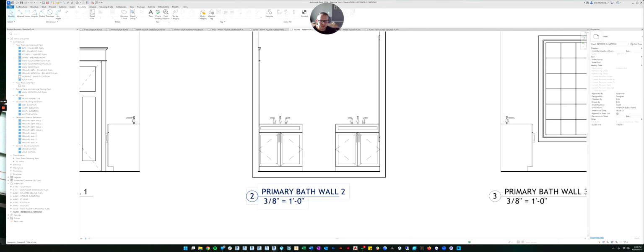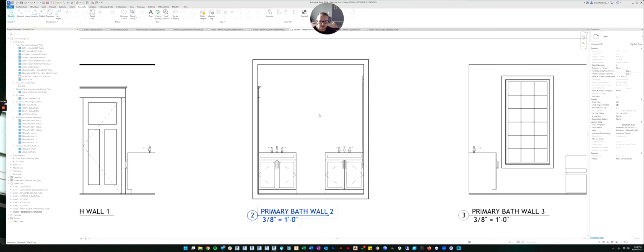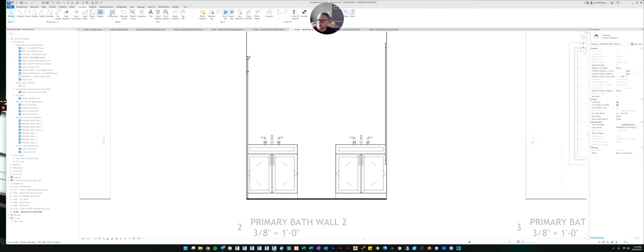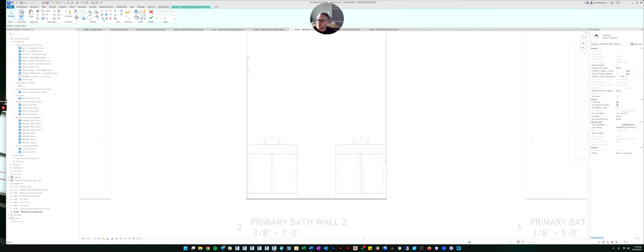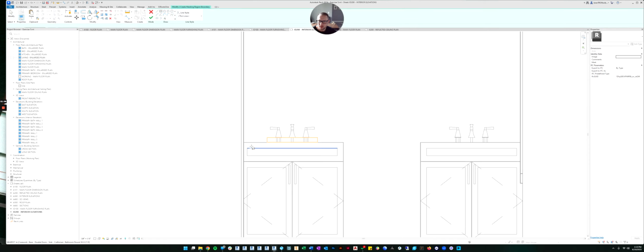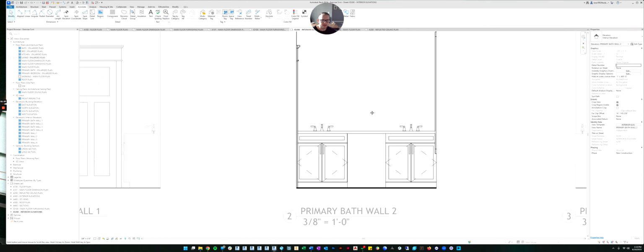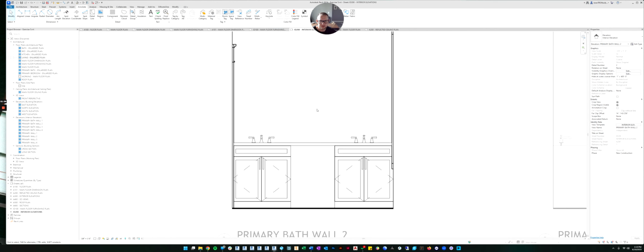So let's do another thing. Let's click on this view and let's do a masking region. Let's draw a rectangle and let's fake our countertop. And click OK. Now it looks like there's a countertop in there, even though there isn't.